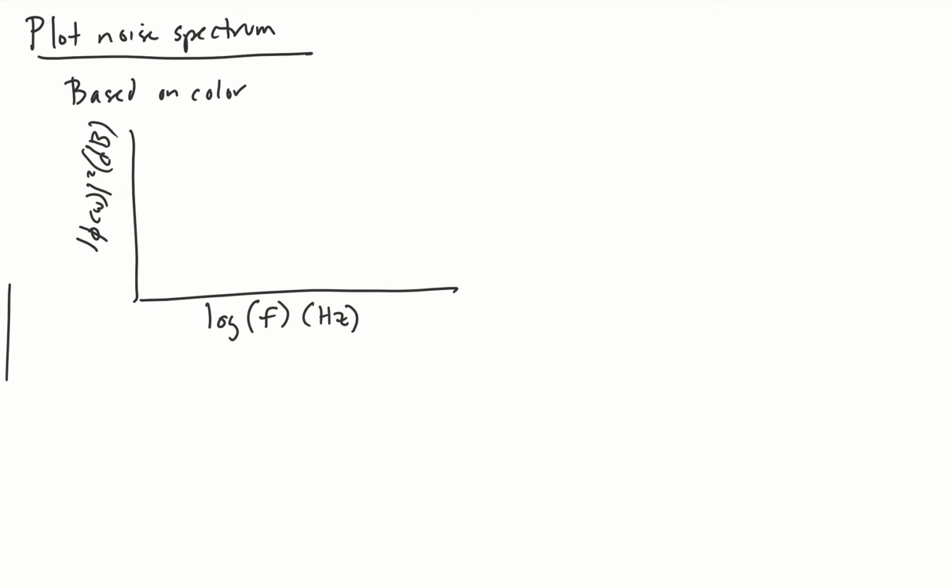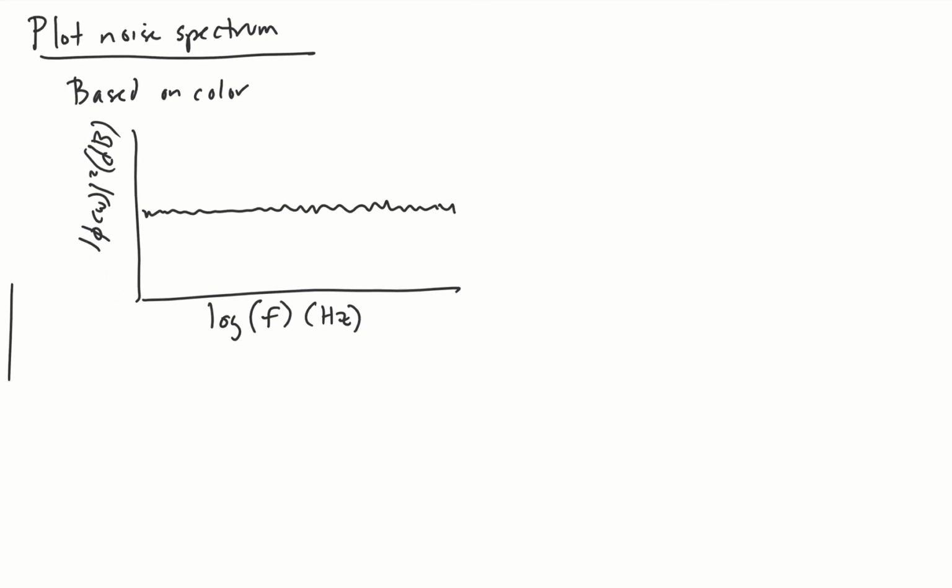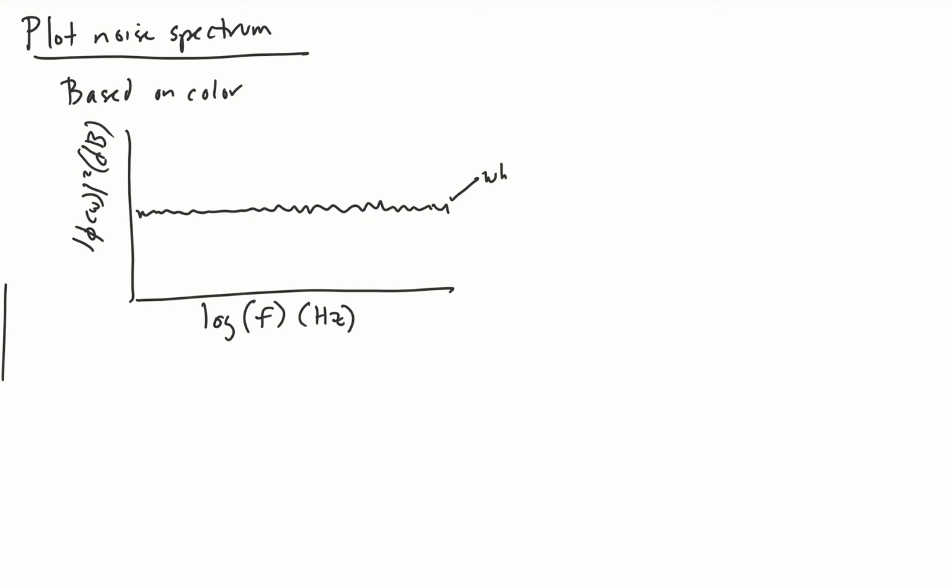The easiest one that we can plot right now, you guys have made plots of this, you've extracted it already in lab, is white noise, where you expect over time or over averaging to have a flat line in terms of all frequencies here. This would be equivalent to the frequency raised to the 0 power, a flat line here. And let's go to our pink noise. We would have a linear dependence with the log of the frequency. We'd expect to see something like this.